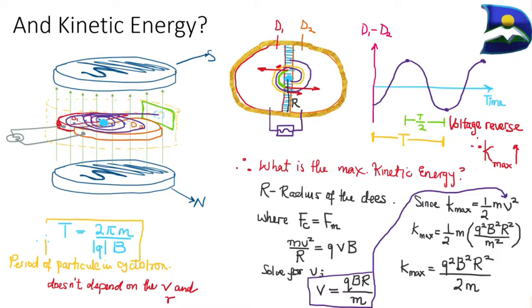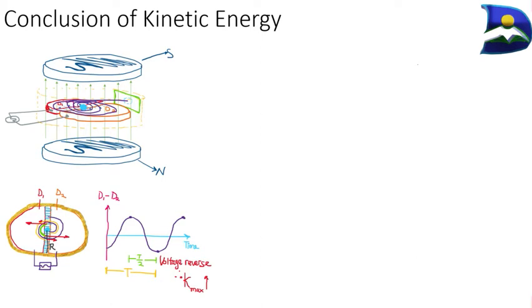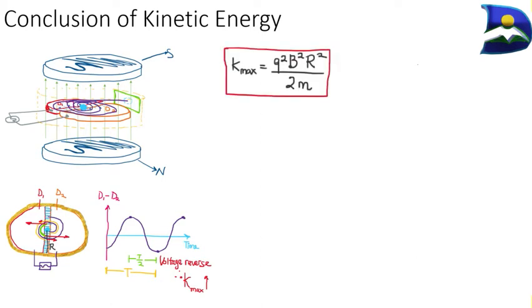where m is the mass of the particle, q represents the quantity of charge, B represents the magnetic field, and r is the radius of the Ds. So this is needed in order for us to determine the kinetic energy of that particular particle. Therefore, in conclusion, the kinetic energy, represented as that expression, works when the kinetic